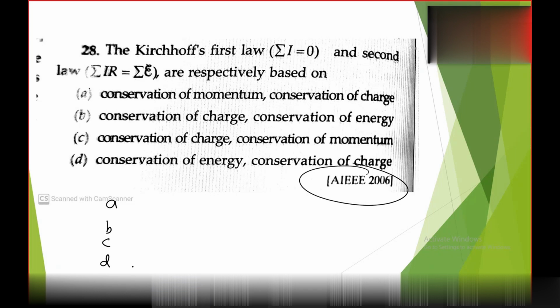Yes बेटा, which one is correct? Sir, B. Conservation of charge and conservation of energy. You are correct also. Actually, it depends on Bhavika. You are correct. Subham, you are also correct. कोई ये तो नहीं सोच रहा ना D करेक्ट हो सकता है. Is D correct or not? यहाँ पर भी तो कंजर्वेशन ऑफ एनर्जी या कंजर्वेशन ऑफ चार्ज दिया हुआ है.